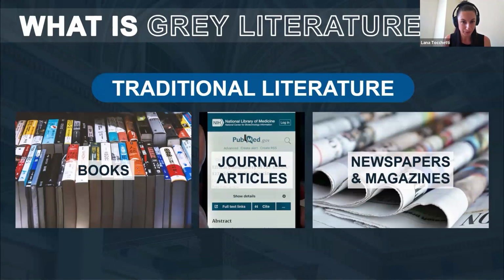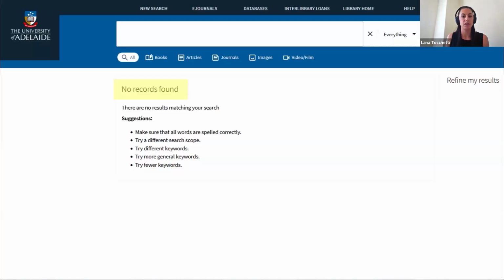Now, you might be pretty comfortable with looking at traditional literature. You know where to find it, you know what a book is, you know what a journal article is, and you might be wondering, okay, so why am I even interested in grey literature? But one time, you might be trying really hard to find something in your traditional sources, but you're just not getting what you need. One of these things could be because journal articles and books, even more so, can take a really, really long time to publish. So if there's something that has only recently happened or is currently happening, you're going to have a really hard time finding anything that's published in that traditional sense. So that's when you might need to branch out to grey literature.